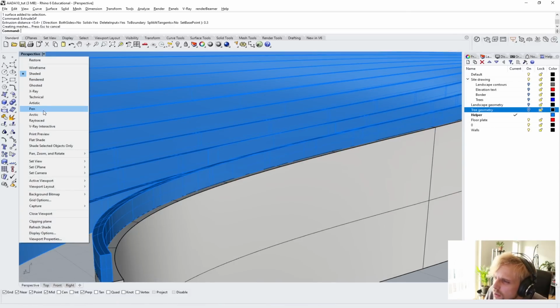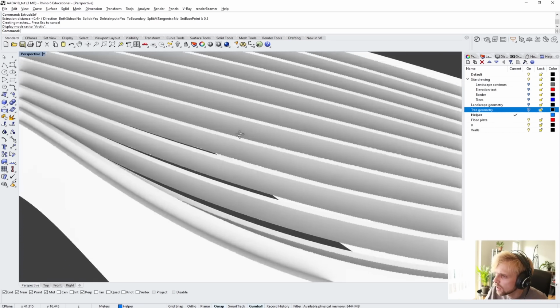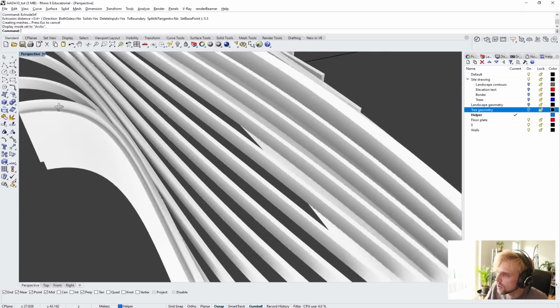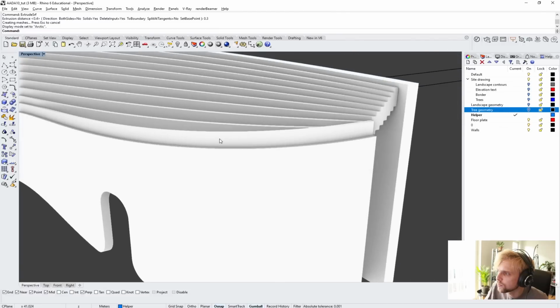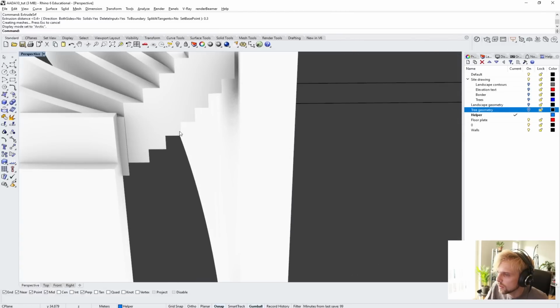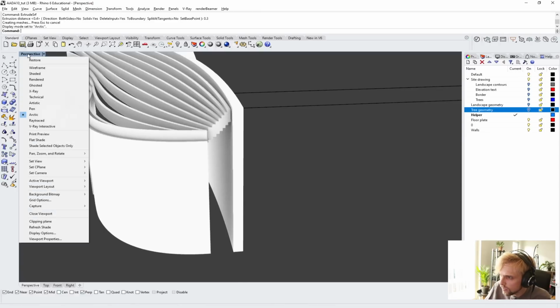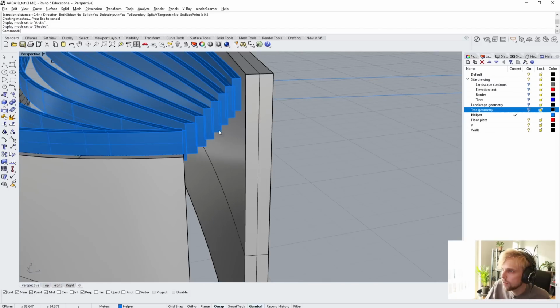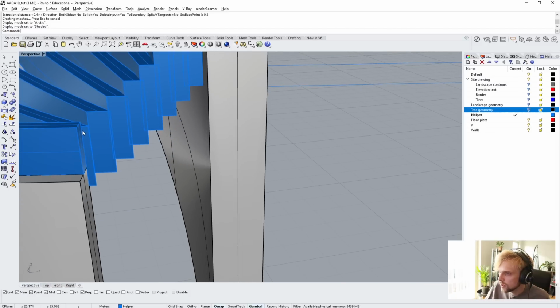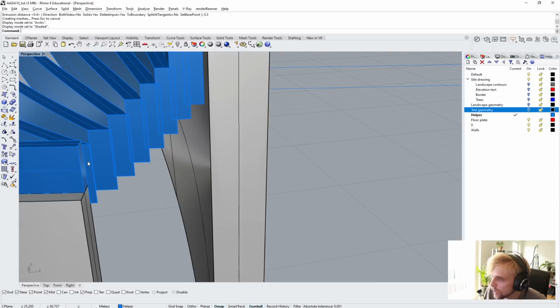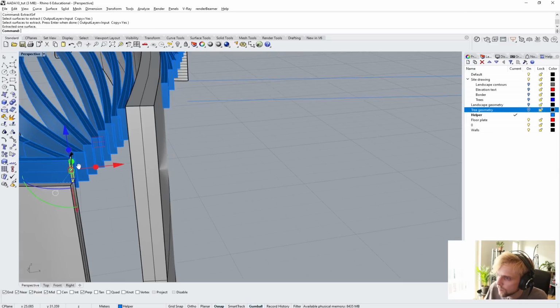It's hard to see what's going on, so let me change this to Arctic view. That seems okay. That seems clean enough. Like that, and then all we need to do now is finish cleaning this area right here. So let's do that. Let me go back to shaded view, and let me take, oh man, oh boy, extract SRF, extract surface again, use copy on the surface right here,